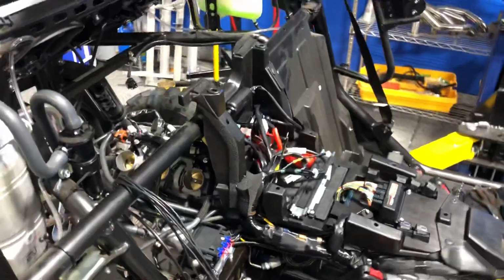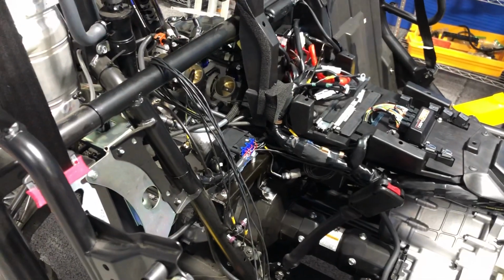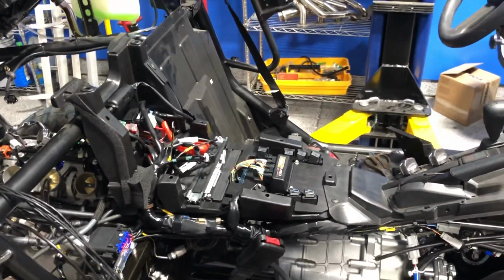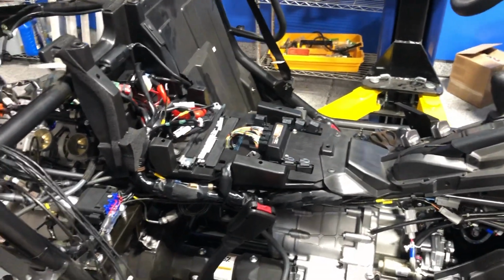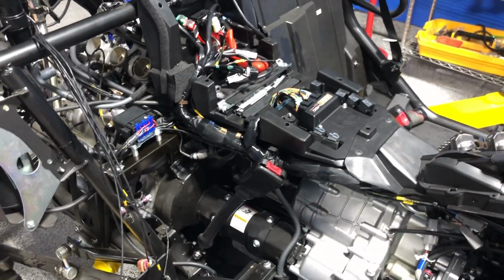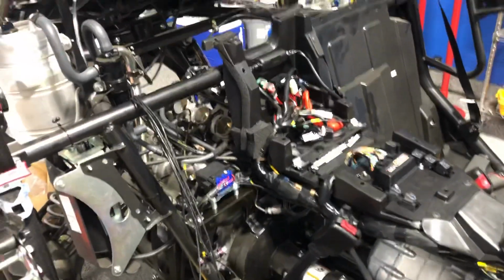I am doing a flex fuel system on this, where I can run pump gas or E100 or anything in between. Most cars and things that I work on, we end up doing that because it keeps it real simple. You can just put E85 in from the gas station. Doesn't matter what ethanol content it really is because it varies depending on where you're getting it. The ECU will automatically adjust timing and fueling and boost depending on how you have it set up. So if you want to go faster, you just put more ethanol in it and it makes more power. Very simple. No trying to hunt down E85 stations and no